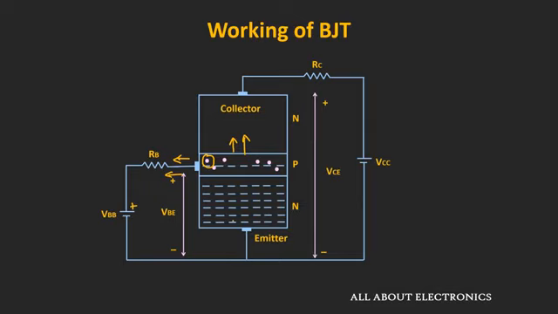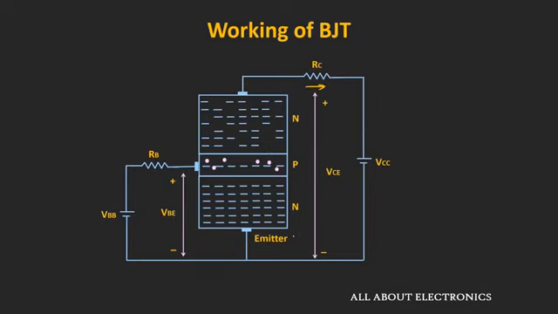Now if you notice over here, once the electrons from the emitter enter into the base region, they will become the minority charge carriers. And if you see over here, the base collector junction is reverse biased. So due to the applied electric field at the collector terminal, these minority charge carriers, or the electrons, will get attracted towards the collector terminal. So once the electrons enter into this collector region, they will get attracted by the positive terminal of this